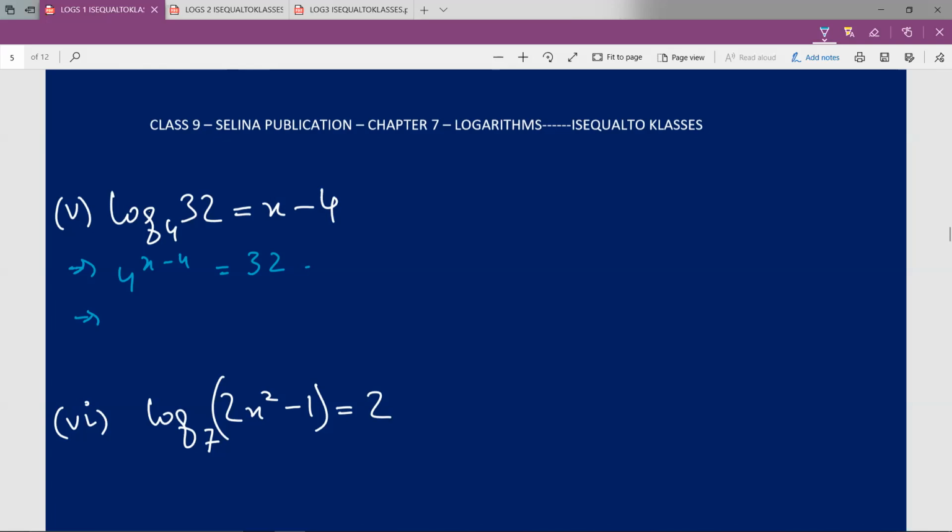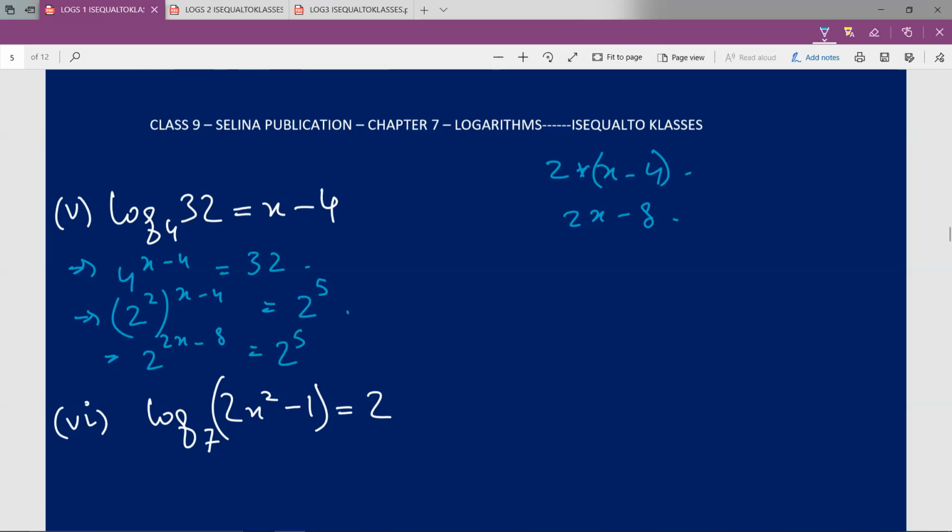I could write 4 as 2 raised to the power 2. So therefore, 2 raised to the power 2, outside the bracket, there is x minus 4 is equal to 32, which can be written as 2 raised to the power 5. Now over here, 2 raised to the power 2 into x minus 4. Now this is not 2 into x minus 4. This is 2 into whole of x minus 4. That is 2 will be multiplied to each of these numbers, which will be equal to 2x minus 8. So 2 into whole x minus 4 will be equal to 2x minus 8. So therefore, I can write this as 2 raised to the power 2x minus 8 is equal to 2 raised